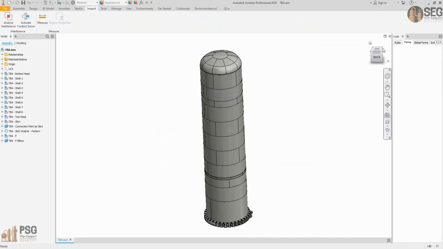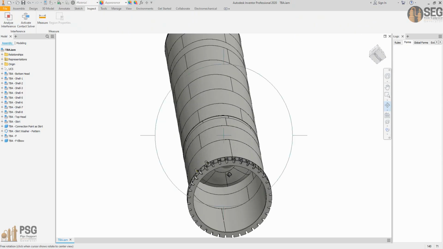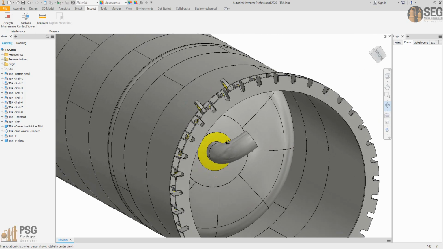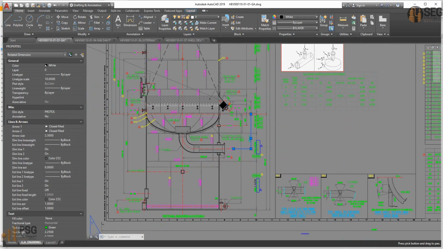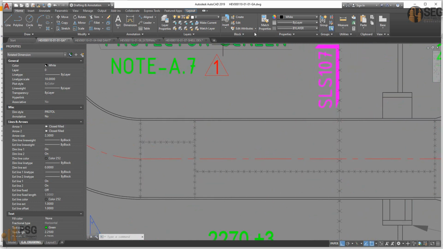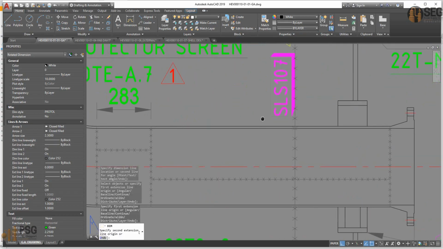Okay, so let's take a look from the front view, and take a look from here. Now we have this nozzle with that elbow. Now let's come back to the AutoCAD drawing, and here we have two pipes. Pipe from plate, it's not a standard pipe. So the first pipe length is 283, and the second pipe length is